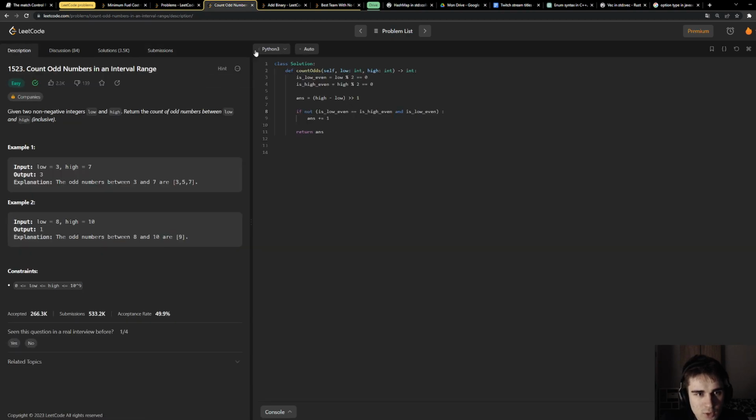Yay. So now let's code this in Rust. Let is low even equal low modulo 2 equal to 0, is high even.